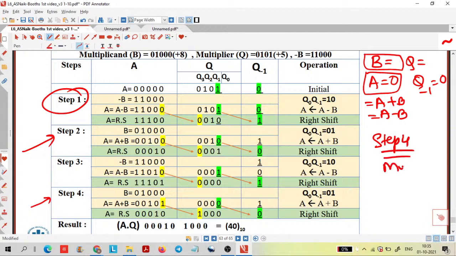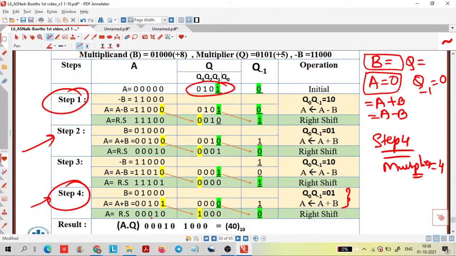multiplier bit कितना है, in our case 4 bits, multiplier is 4 bit, then count also 4 bit, then you have to stop here, okay, you have to stop, and final result. आप sometimes with confusion आप क्या करते हो, यहाँ stop कर देते हो, ये लास्ट में राइट शिफ्ट नहीं करते, as per the algorithm you have to follow the steps, A प्लस B, A माइनस B करने के बाद आपको शिफ्ट करना ही है, okay, then you have to perform the right shift and then your steps will complete,